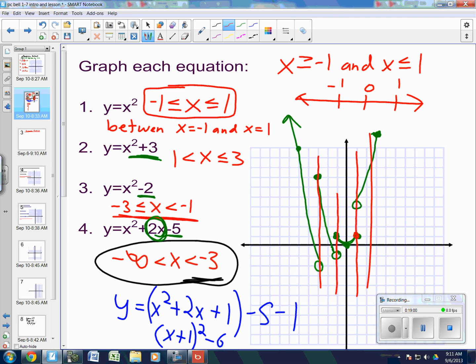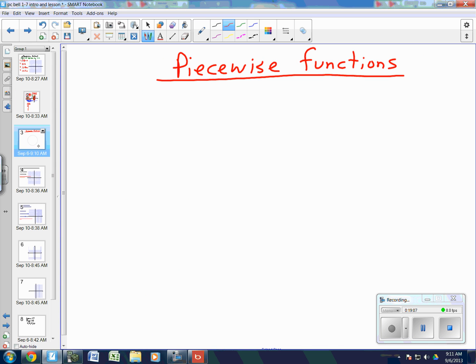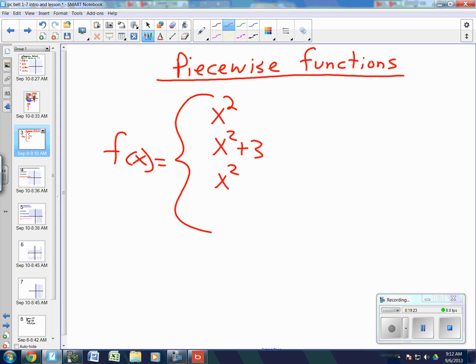You guys, I'm going to go another page. Do you guys have these written down? Anybody? Can you tell me what they are, Miranda, when I go to the next page? This is how they would write it. F of x equals, and they put this big brace like this, and they start off. The first one was x squared, right? What was the next one? X squared plus 3. The next one? X squared minus 2, and